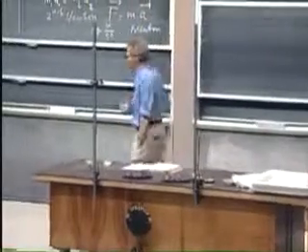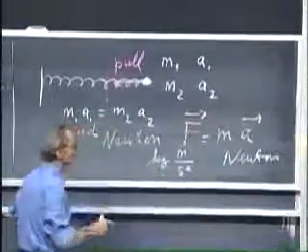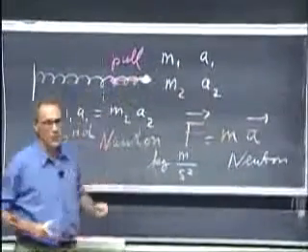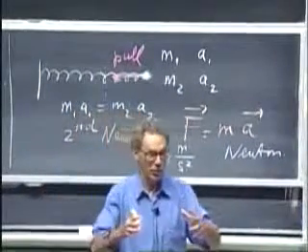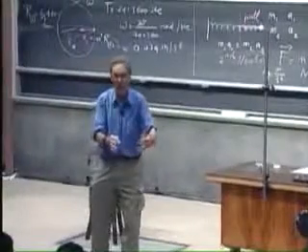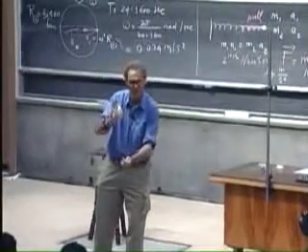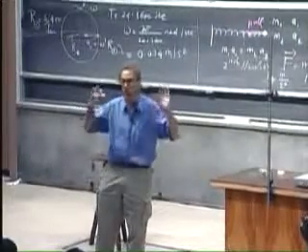Now you may object, and you may say, this is strange, what you've been doing. How can you ever determine a mass if there is no force somewhere? Because if you want to determine the mass, maybe you put it on a scale. And when you put it on a scale to determine the mass, you make use of the gravitational force. So isn't that some kind of a circular argument that you're using? And the answer is no.